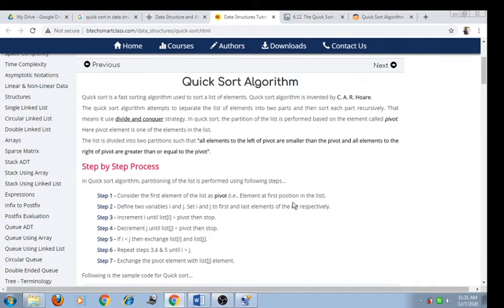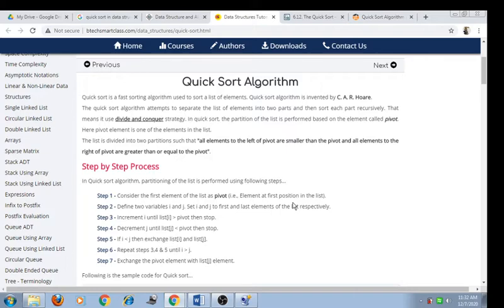Hello friend, as I already defined in the previous section, sorting is the process in which the records are arranged in ascending as well as descending order. In the previous section we had seen the insertion sort. In the insertion sort, the element is inserted at the appropriate place. We had already seen an example of this insertion sort with the program.